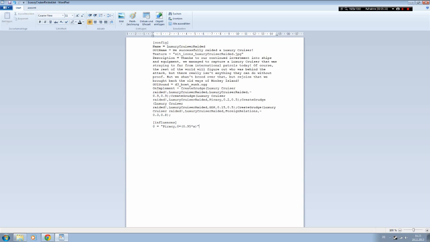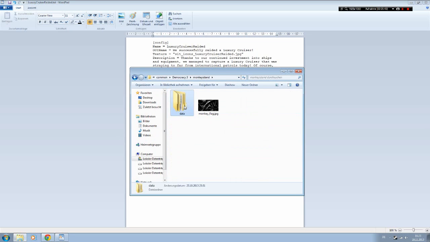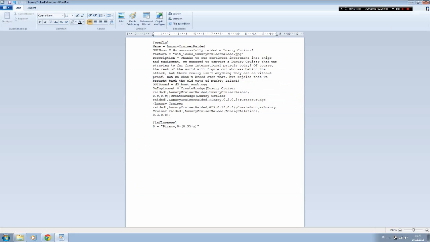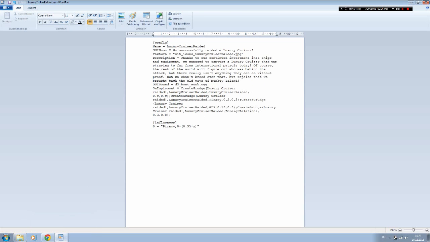So if you want something to work against that, for instance, when I started creating the LeChuck event, I first had this event diminished by naval forces, but you know, it sort of acts as an event if you're too good in the game. Wait, I just opened up the wrong thing, because you can see here it basically just destroys your piracy and your tourism and your international trade. So I didn't want people to be able to escape from that, and so I got rid of the minus